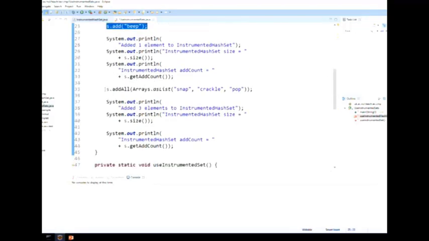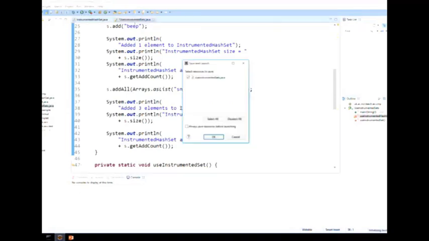And then I'm trying to add a number of different elements. So s.addAll, so snap, crackle, and pop. So how many elements should there be in total after you add those beep, snap, crackle and pop? Should be 4 elements. So if we try and run it,